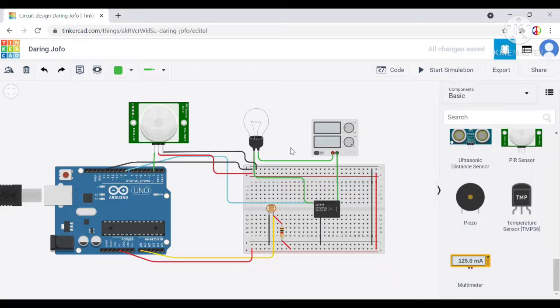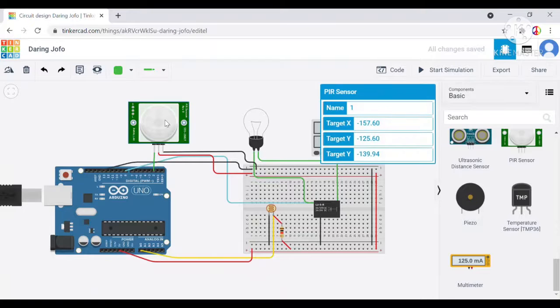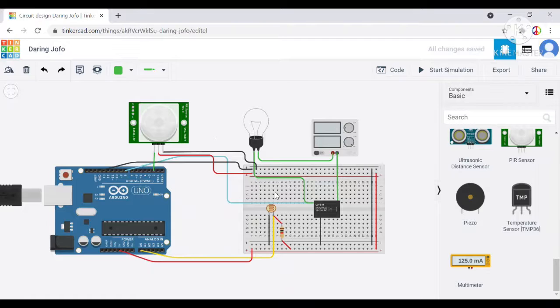For the smart home automation, I am working on the LDR sensors. In the last week, I have explained the basic principle and working of LDR sensors. Now in this week, I am going to discuss the practical use of LDR sensor in the smart home automation. For this, I have made this circuit diagram in Tinkercad, where the main components include PIR sensor, LDR sensor, Arduino board, relay module. I have used this PIR sensor to detect a person entering the room and the LDR sensor for the light intensity.